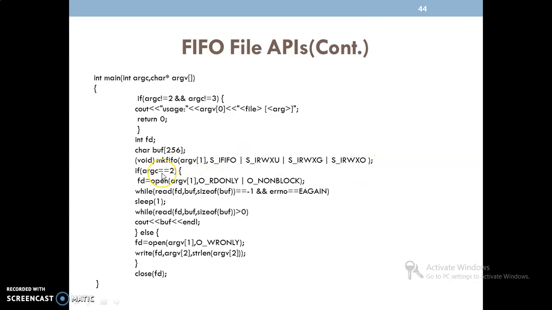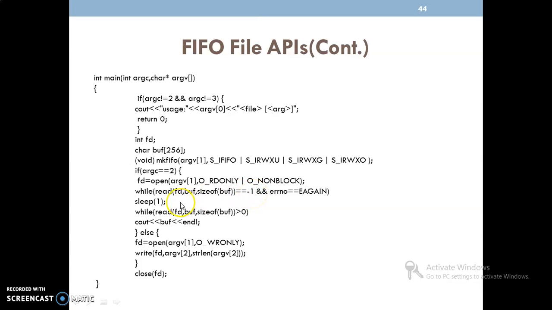If argument count is 2, only 2, then FD opens that particular file in read only mode. In non-block condition, we are reading the contents of the file up to the end of the file.